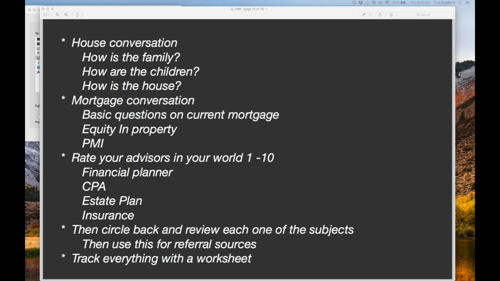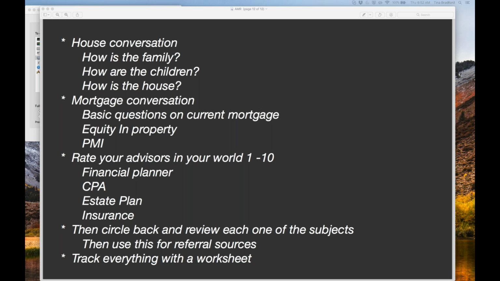What's going to happen to your house? Do you have your house protected if anything was to happen to you? And I know this is a morbid conversation and it's not always fun to have, but I want to make sure it's protected for your family. Would you just be interested in talking to an estate planner to talk about how we can have it protected so your family won't have to have that battle in state court? How many people are going to say no to a free consultation with an estate planner? Not very many, especially when you start pulling heartstrings. So that's going to be the estate planner.